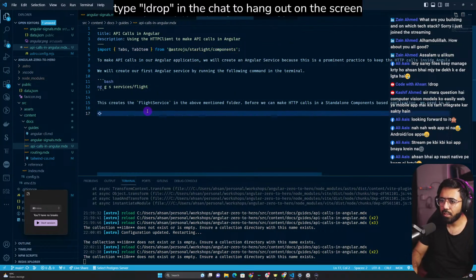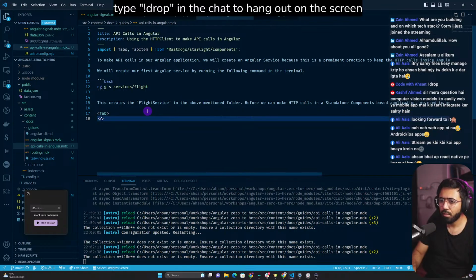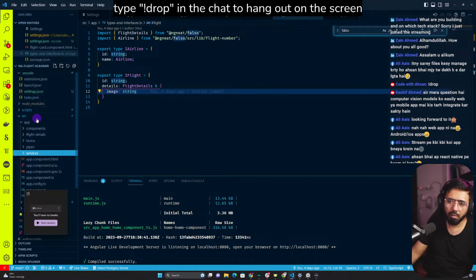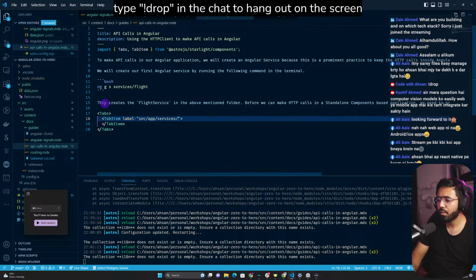So here we need tabs, tab item, and then inside we also have to have a label that says source app services. Is it app services? Yeah. So flight